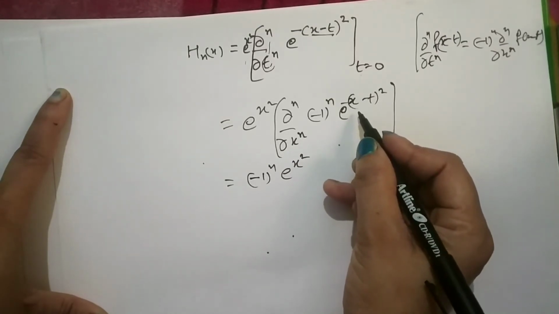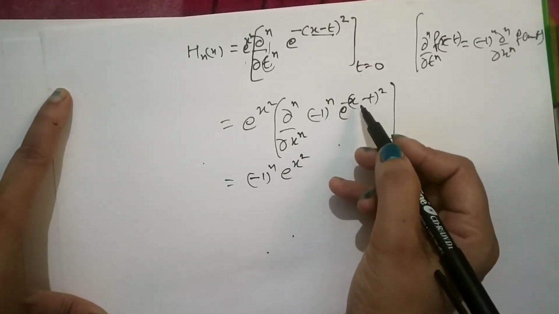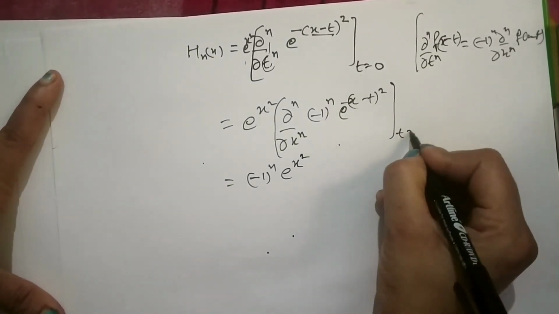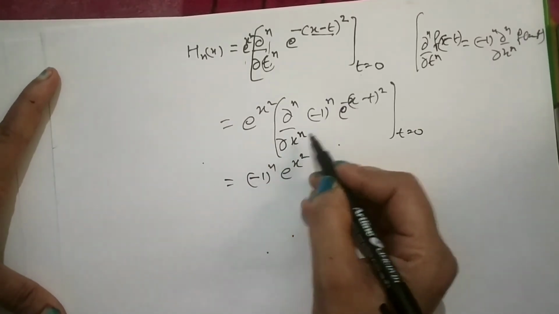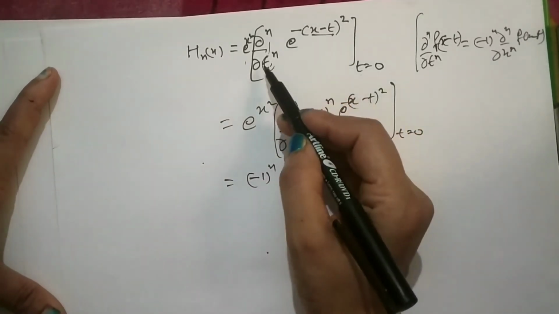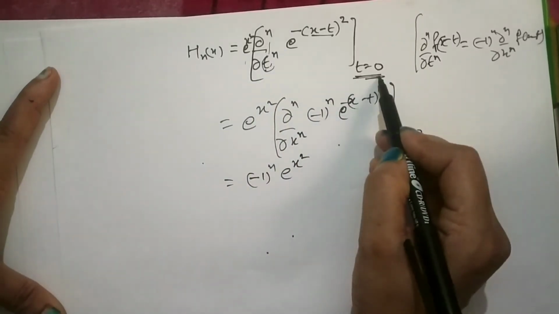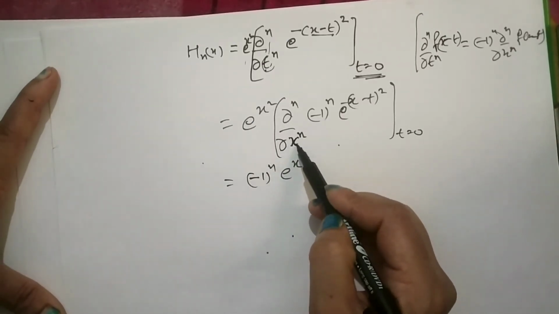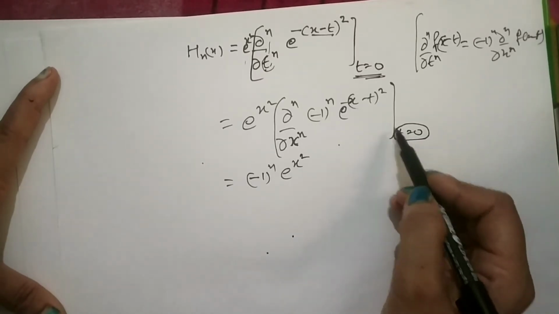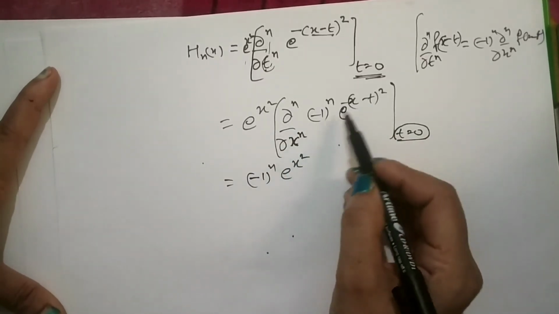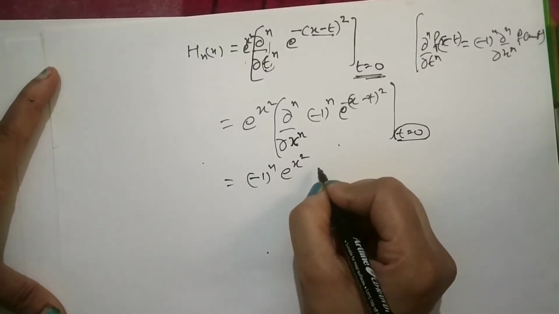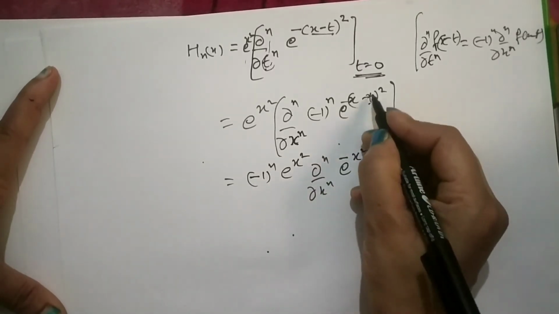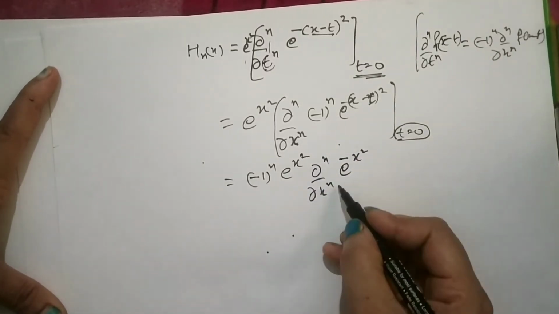Now the term that is here, we get the value of t, because t is 0 here, because the derivative is with respect to x. Now we can put t equal to 0. When the derivative was with respect to t, we cannot put t equal to 0 unless evaluating all the derivatives. But here the derivative changed to a derivative with respect to x. Now we can put t equal to 0 because t will be considered independent of this derivative. When we put t equal to 0, we will get this nth derivative of e raised to power minus x square, because t will vanish when we put t equal to 0. So this is what we get.